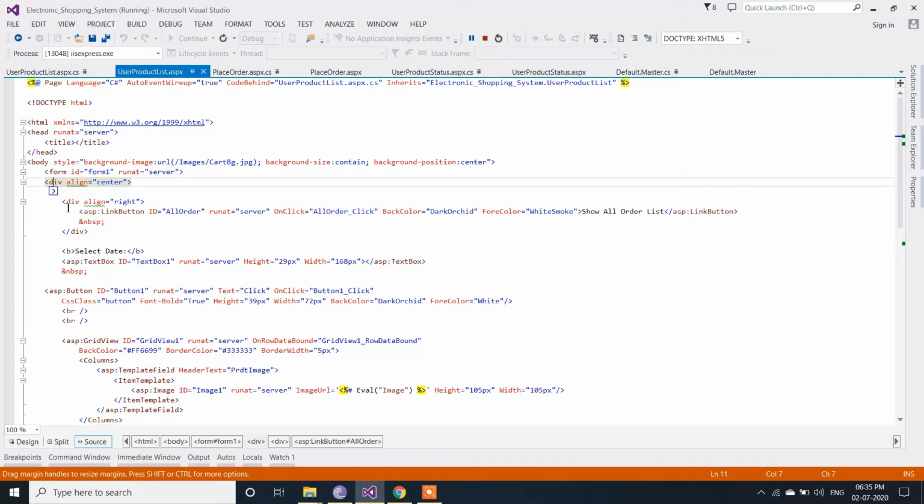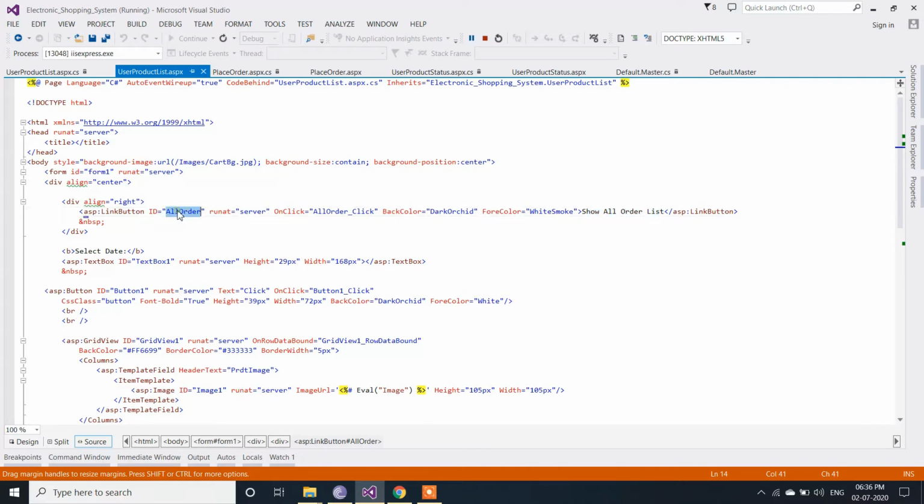Within the div I have taken another div tag with the property align equals right, and inside that I have taken one link button with the ID all order, back color dark orchid, fore color white smoke, with the text show all order list.